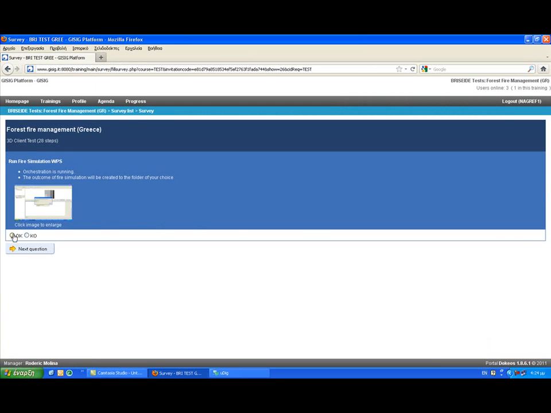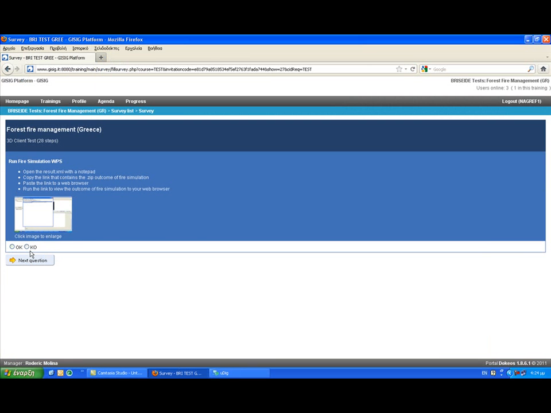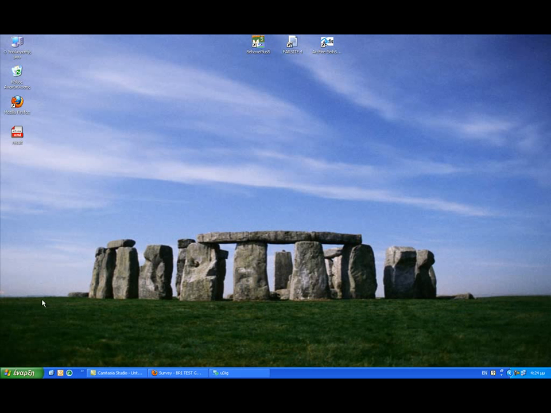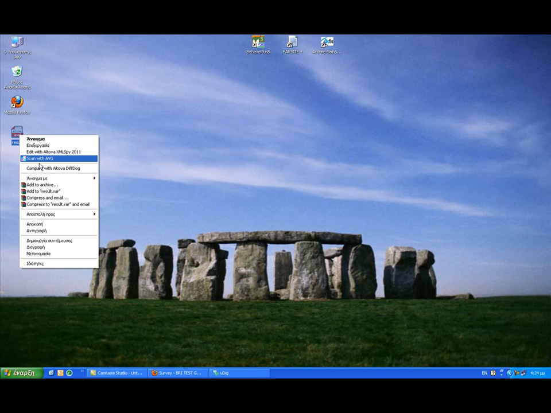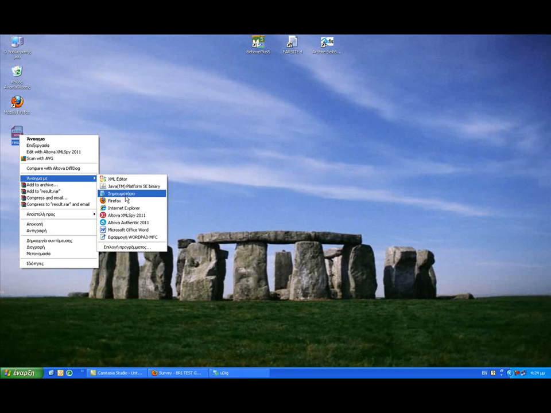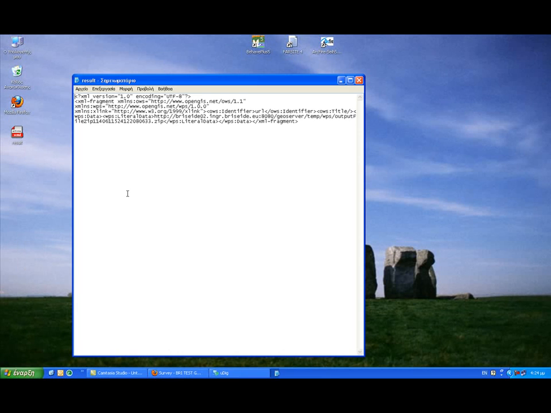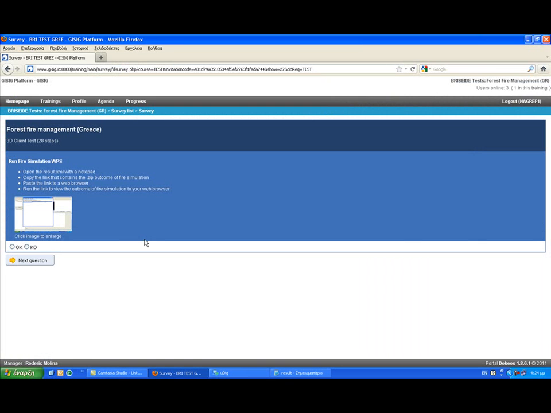OK. Next question. Open the result XML with a notepad. So I go to this and I say, where is the result? Here's the result. Right click, open with notepad, and then I can see paste the link to the web browser. So